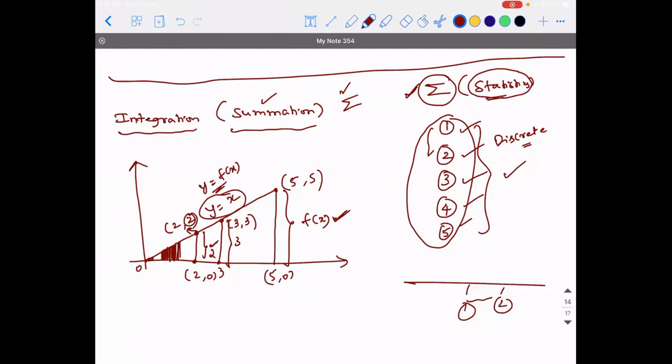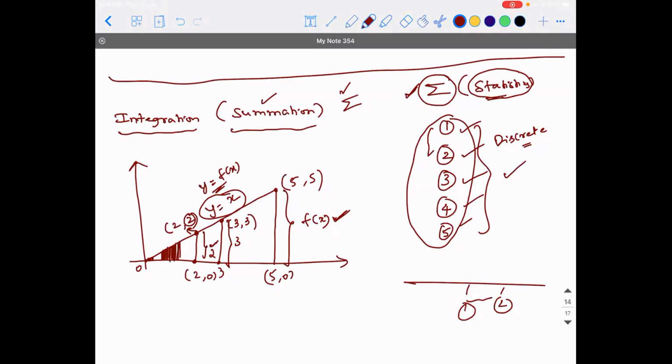No, sir. Why? Sir, because there are... Was there a... Sorry, your voice broke. Can you come again? So there are many values between 0 and 5, sir. Because between 0 and 5, if I put a question like this, how many real numbers are going to exist? You have an answer for it.